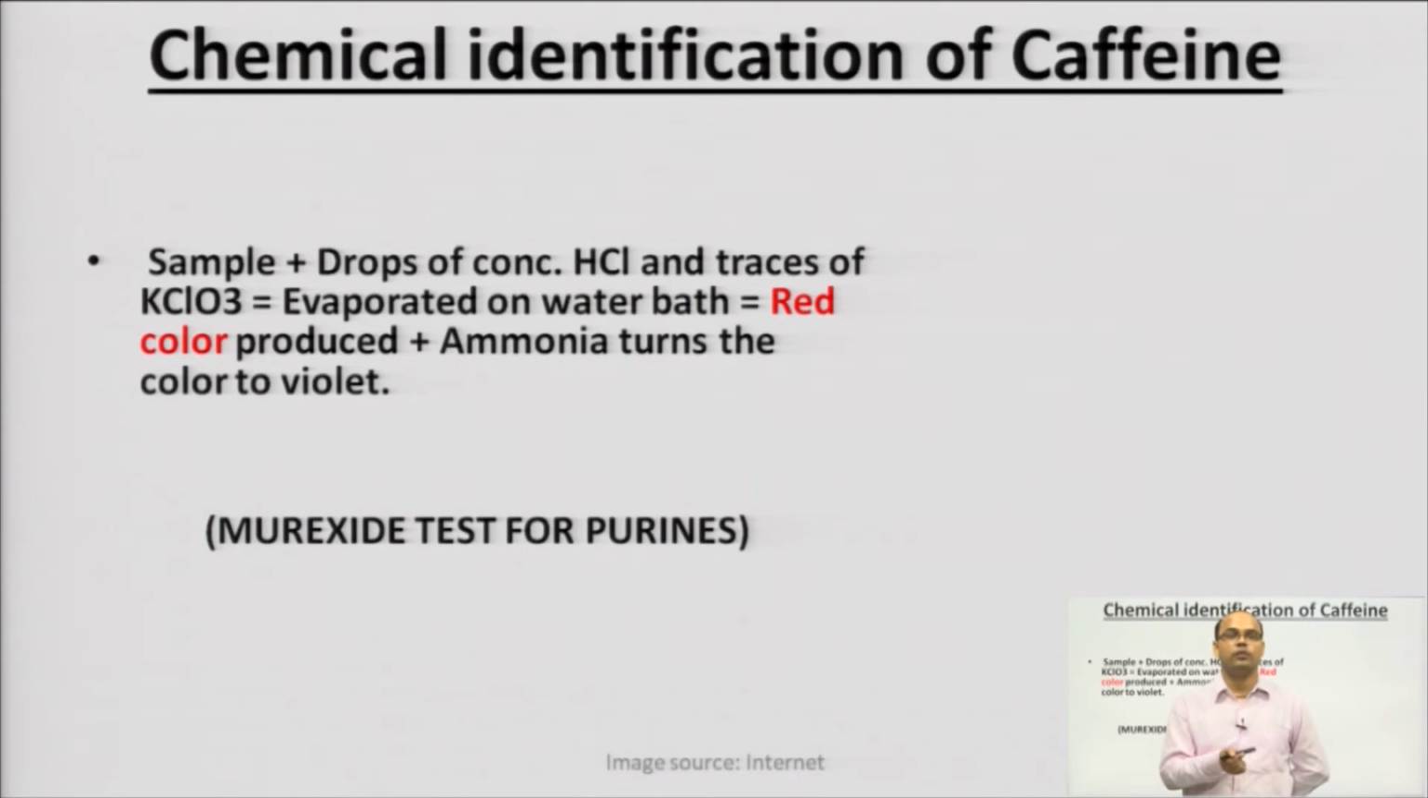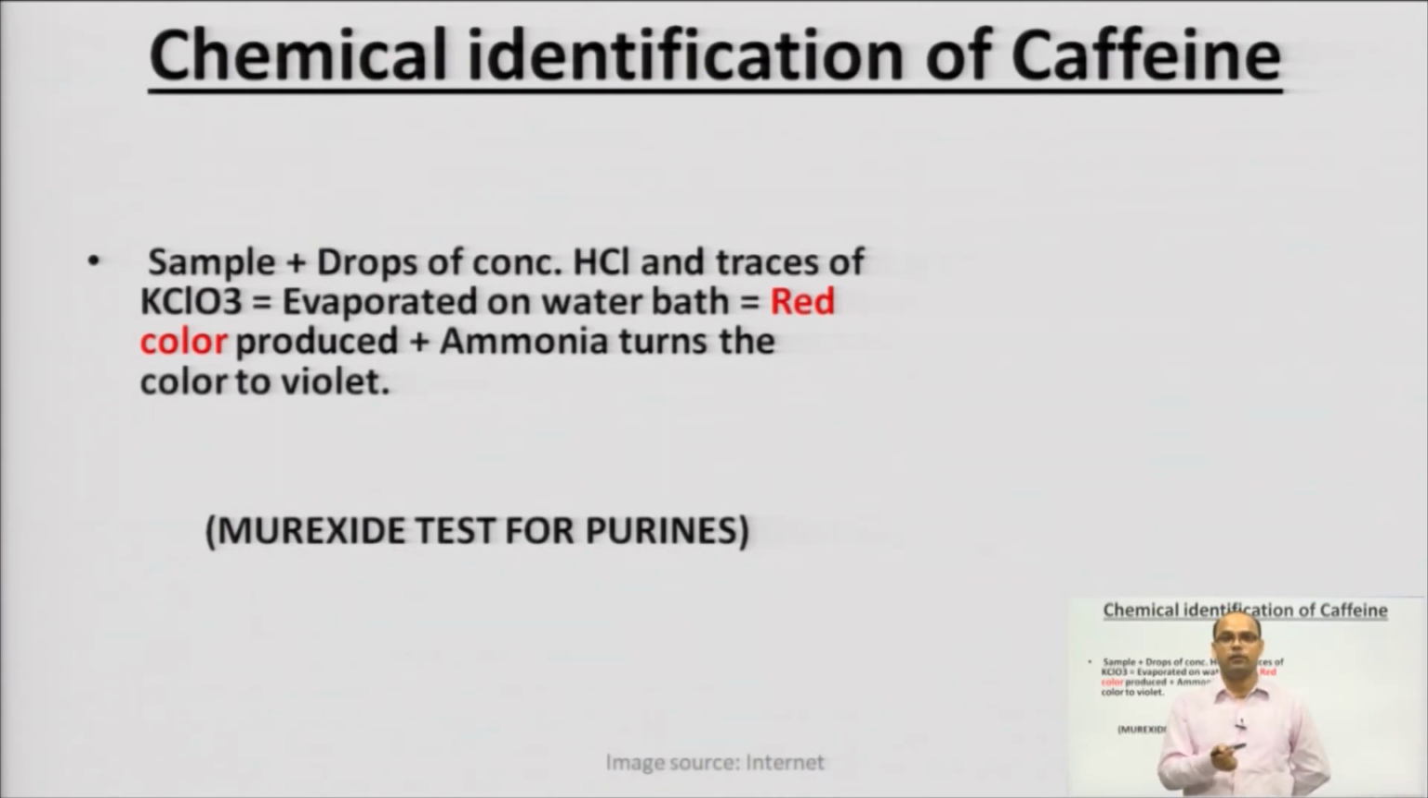Here we took the sample, we add some drops of concentrated HCl to the sample and traces of potassium chlorate. This mixture is evaporated on a water bath. After evaporation of this mixture on the water bath, you will have some remains of red color produced on the petri plate or the china dish, which upon addition of ammonia turns into violet, and this is the confirmative test for